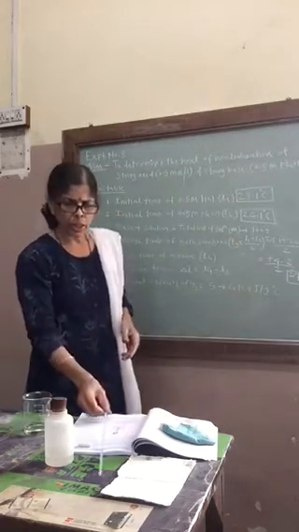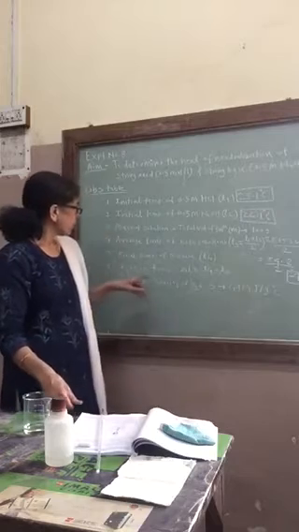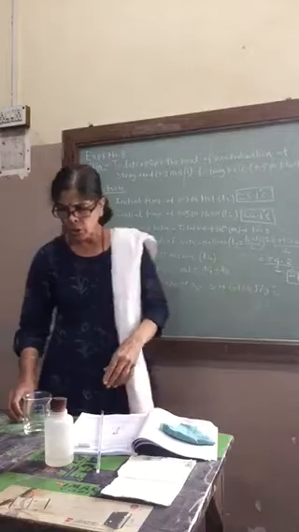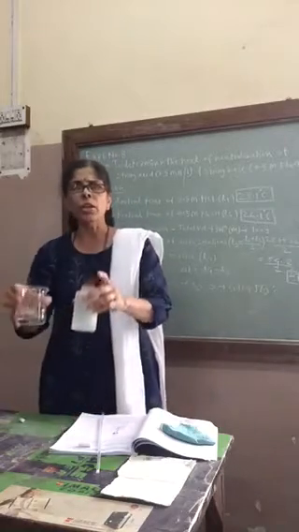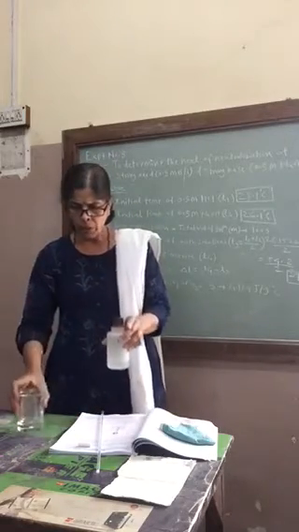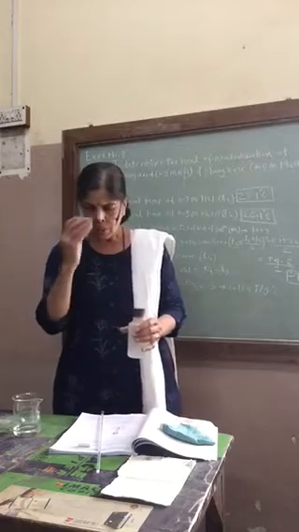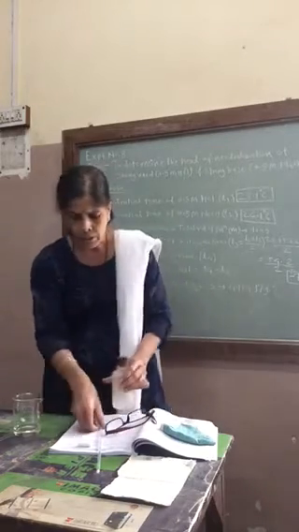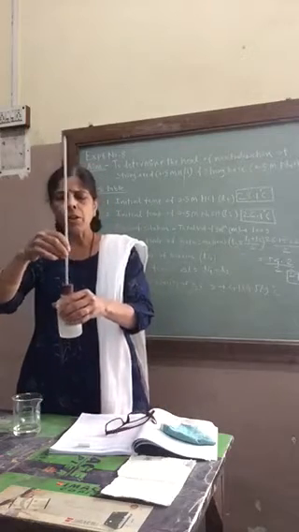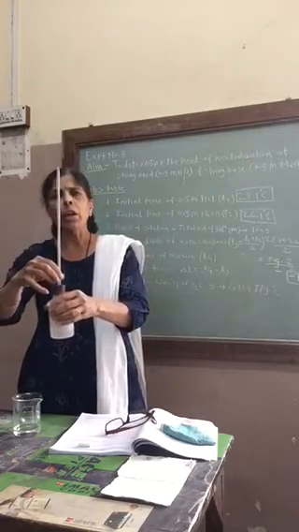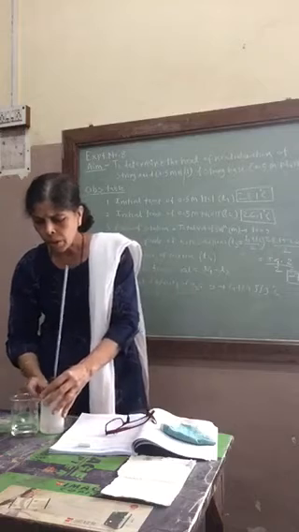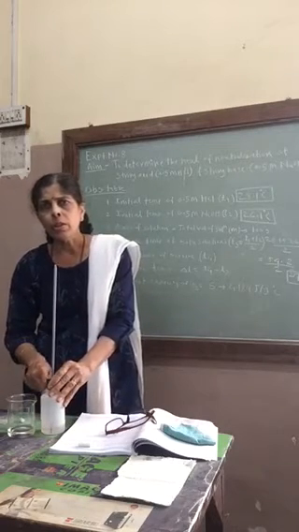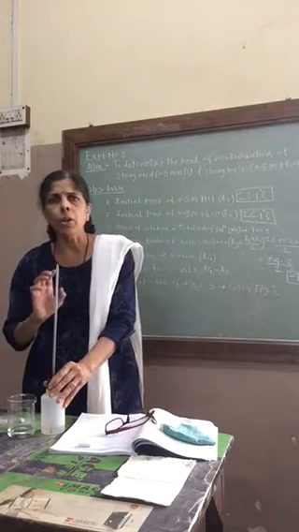Now we will go to the next part of the experiment: the rise in final temperature of the mixture. So what you have to do? You have to mix this NaOH solution in the HCl solution. But what precaution you have to take? For mixing you are going to remove this cork. After removing the cork, you are going to insert the thermometer first of all, because immediately you have to take the temperature. So remove the cork a bit and immediately pour the solution. Don't waste time. Immediately you are going to put the cork back.